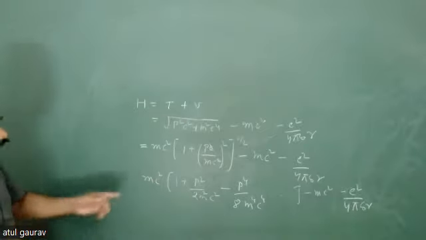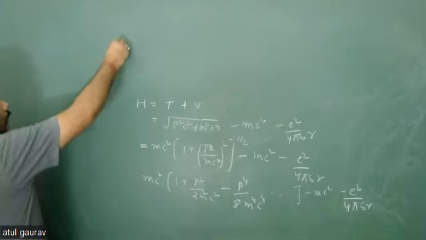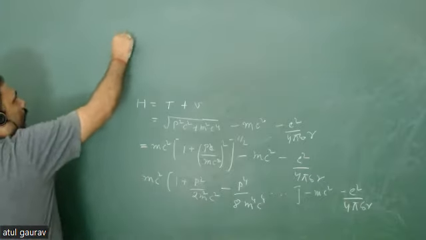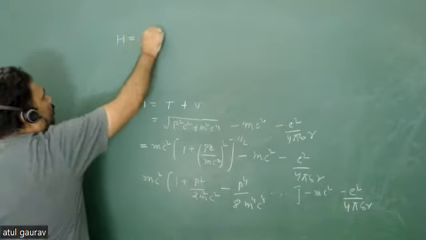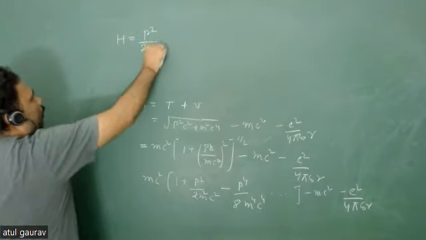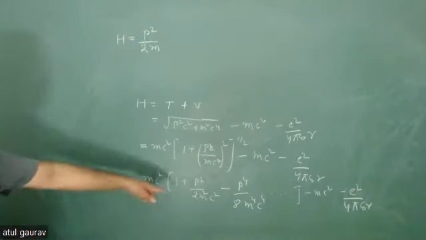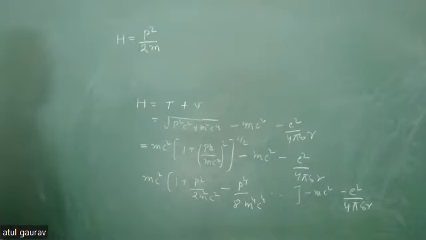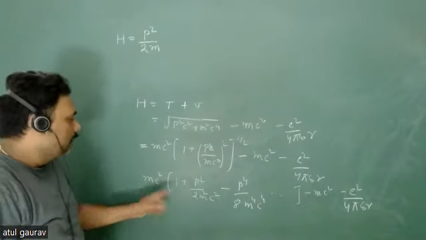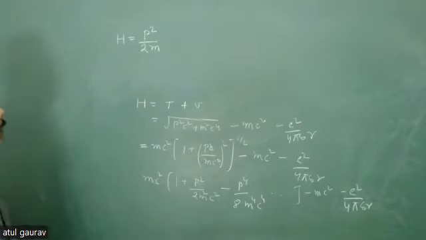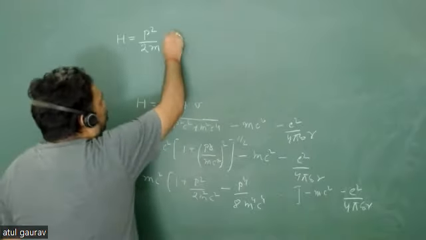So your effective Hamiltonian is given by, your H is given by P square by 2M. The c square cancels, M and M cancel, so P square by 2M minus